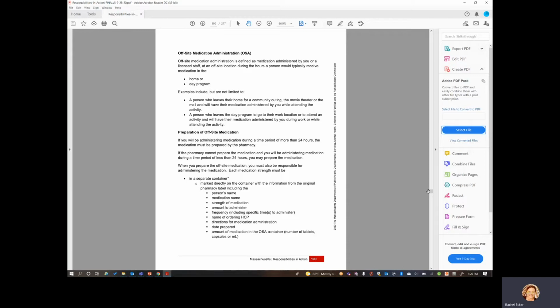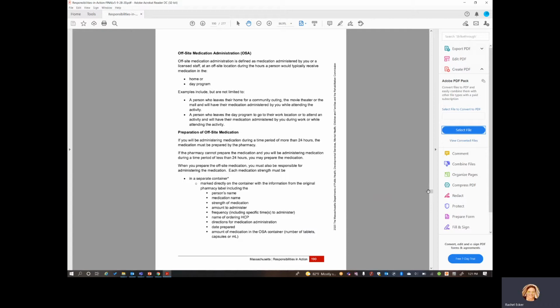So, preparation of off-site medication. If you, the MAP certified person, will be administering the medication during a time period of more than 24 hours, the med must be prepared by the pharmacy. And what that means is just that somebody, for example, is going on an overnight or a long weekend, let's say they're going on a little trip to New Hampshire, and they're going to be staying a night or two in a hotel.